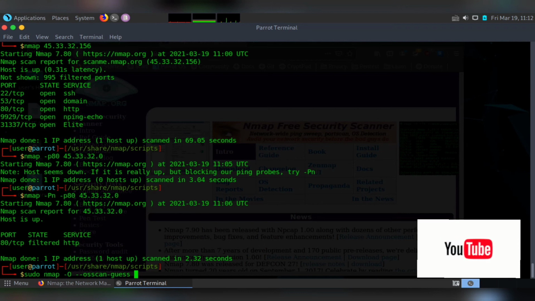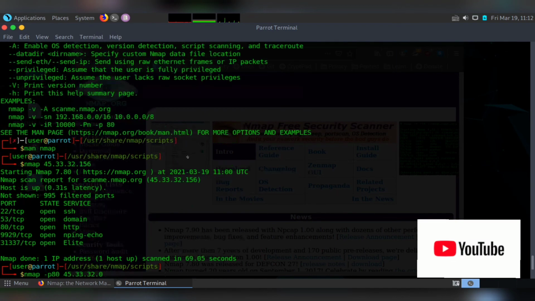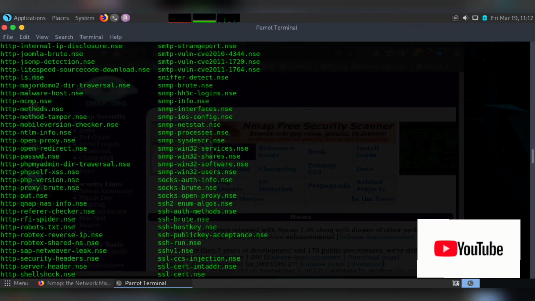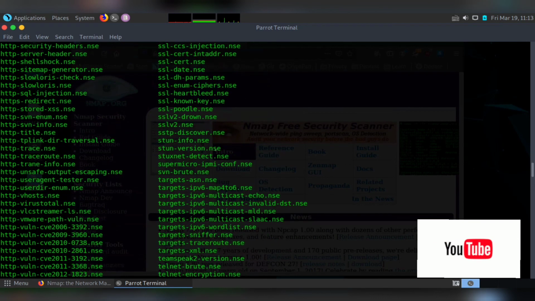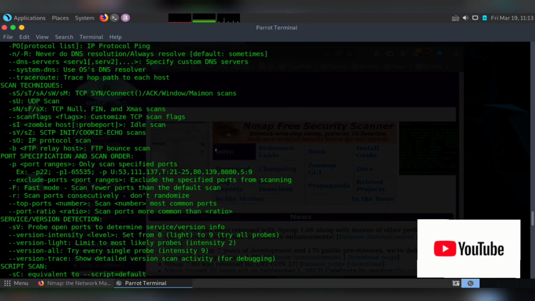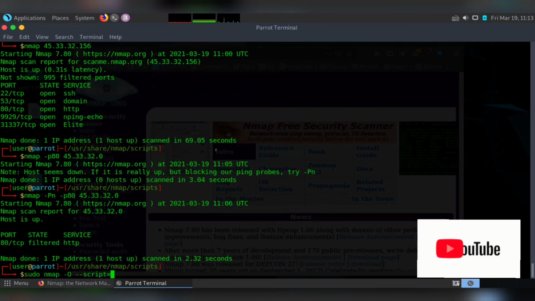So guys, how to run an Nmap script? Let me tell you that command also. You have to write --script, and you have to simply write script equals, and then the script name, as I showed you earlier. You can give any sort of names like the snmp-info.nse script or any other script name.